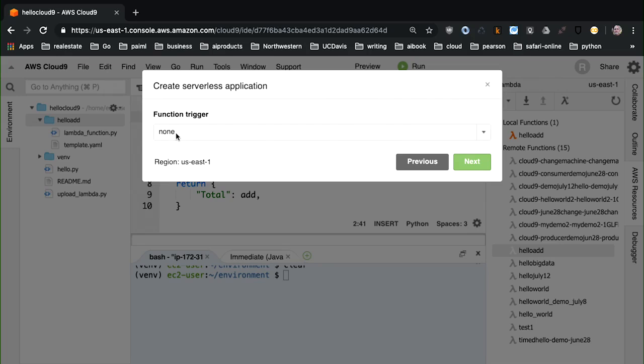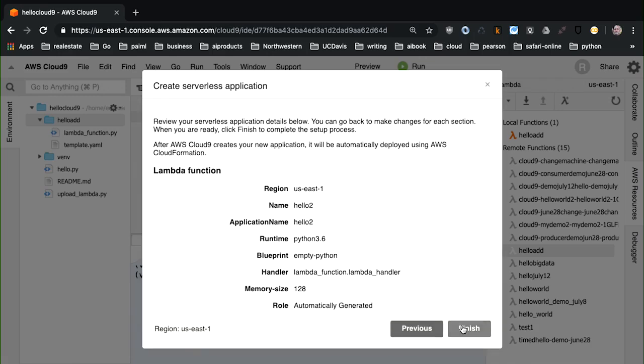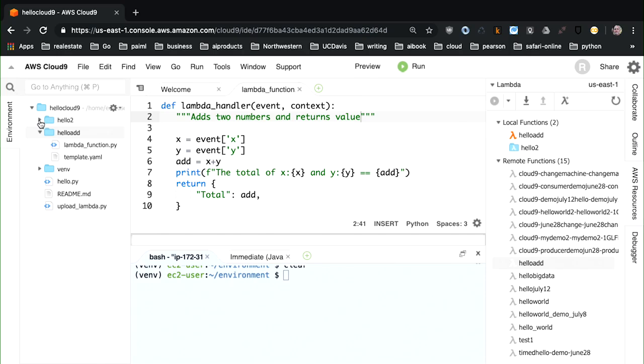We've gone through this earlier. There's lots of different triggers. I'm going to say by default none. And then here as well is where you would provision a role that would give it access to some other resource. Since we're not triggering on anything else, we're just creating a simple function locally, I can go through here and leave the defaults. Once you do that, then it'll populate a local environment here for us, and it'll create